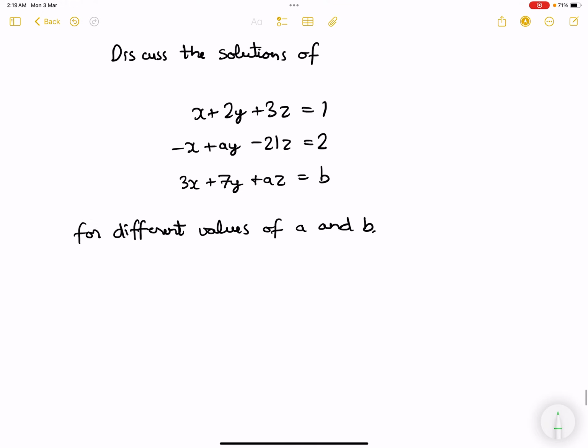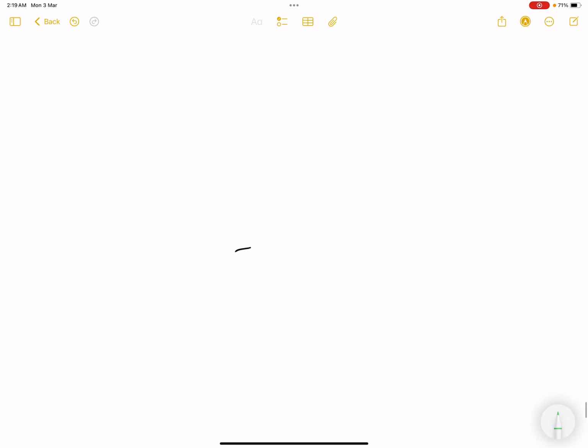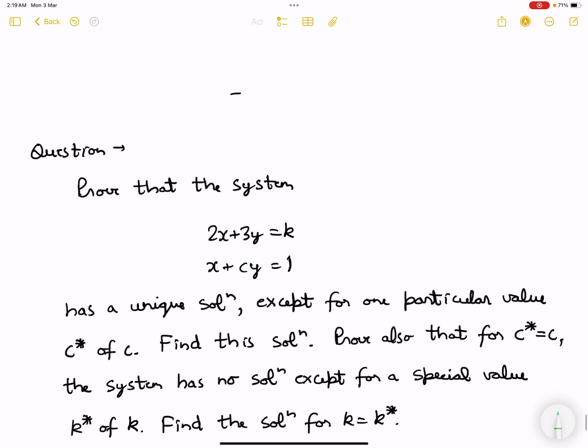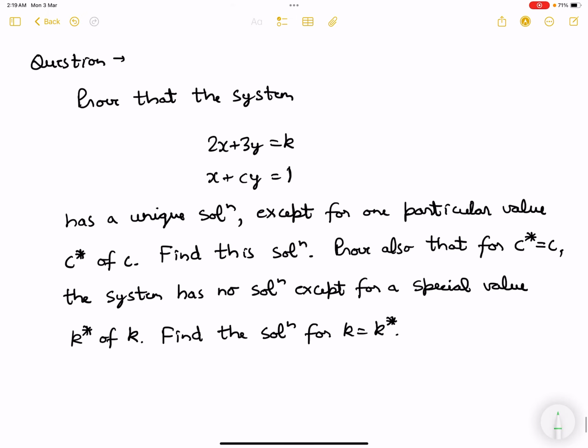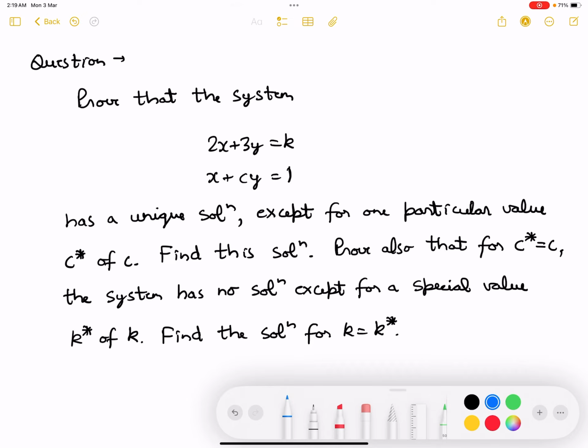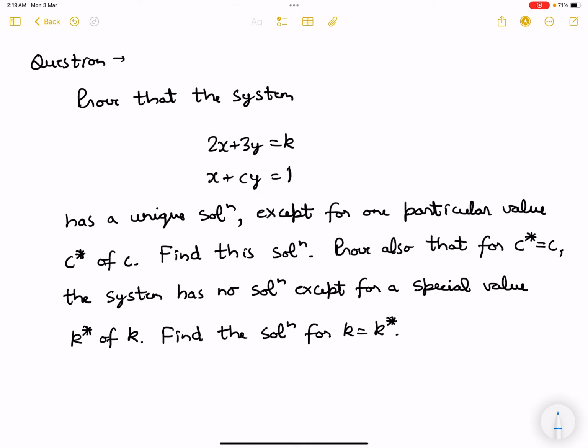Now okay, so we have 2 questions. Okay, let's start with this one. Prove that the system 2x plus 3y equals to k and x plus cy equals to 1 has a unique solution. So it would have a unique solution when rank of A equals to rank of A augmented B, and this is equals to